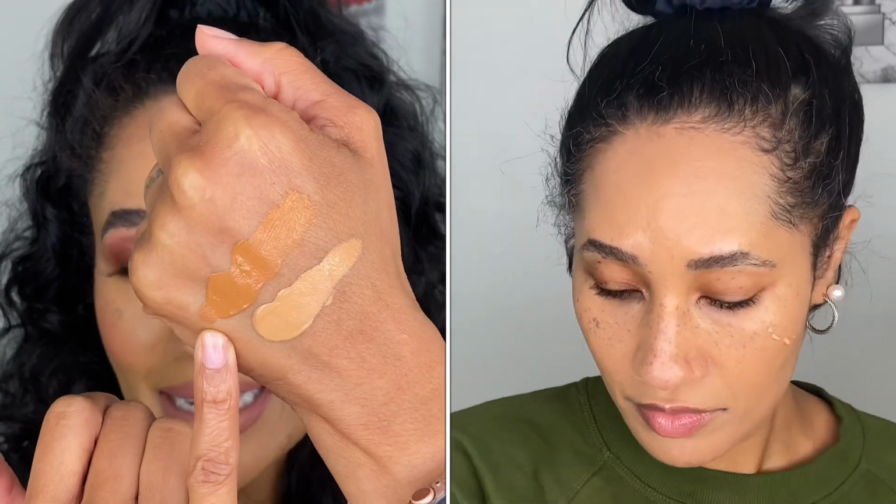I did put this one on my complexion, not for this video, but in another, just like when I was trying it out on my face. And it doesn't look orange, but it definitely looks too warm against my complexion. So depending on how much sun I get this summer, I might be able to mix in this deeper shade with the neutral shade. So I'm gonna try to still get some use out of it. But